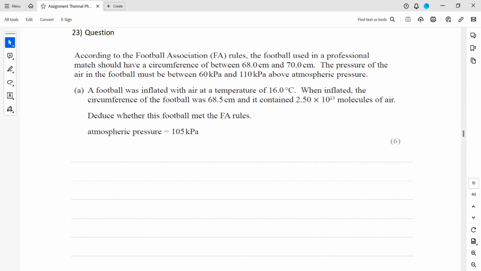So simply what we can do, first we can determine its radius, and from the radius we'll determine the volume, and from volume we'll find the pressure. So first we'll use the circumference of the football to determine the radius. From radius we'll find the volume, and then from volume we'll find the excess pressure, like what excess pressure is there in the football. So the calculation for this one,